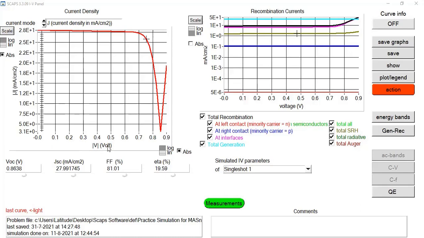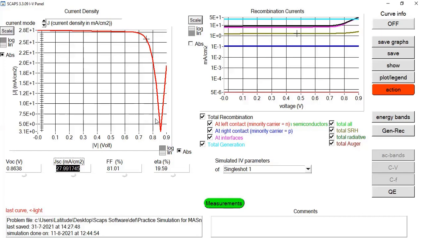We need to remember and understand the basic theory behind it. When we talk about the short circuit current value, we can see that we have the highest short circuit current value, like you can see 27.99. It is about 28 milliampere per centimeter square. At the highest value of short circuit current, JSC, which means at this point, we will have voltage value 0. This is the first condition. When we compute the maximum short circuit current value, we will have voltage value 0.